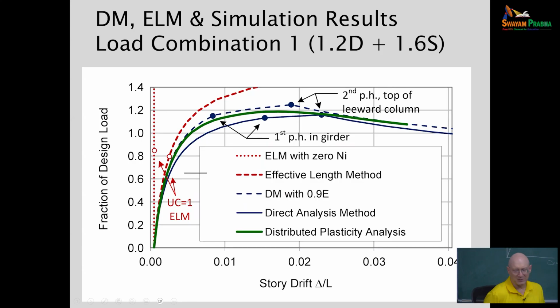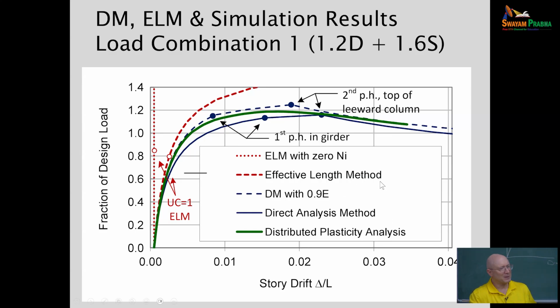So this is basically the plot we just created. The solid blue curve there on the bottom, that's the curve we just generated, in terms of fraction of design load on the vertical axis and story drift, or story drift ratio, on the horizontal axis. But there's a number of other